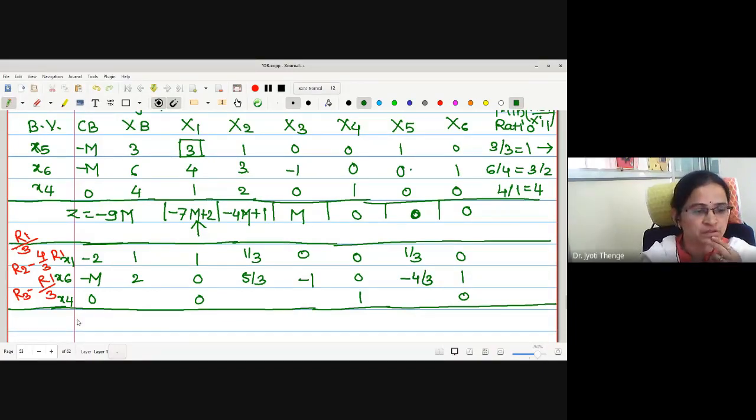Now we perform the third operation. The third operation is R3 minus R1 by 3. 4 minus 3 by 3, that is 4 minus 1. Is it 3? How nice the values we have obtained. 1, 2, 3. Let us do this element now. 2 minus 1 by 3, it is 5 by 3 again. Next, 0 minus 0, no change. Here this is minus 1 by 3, na?